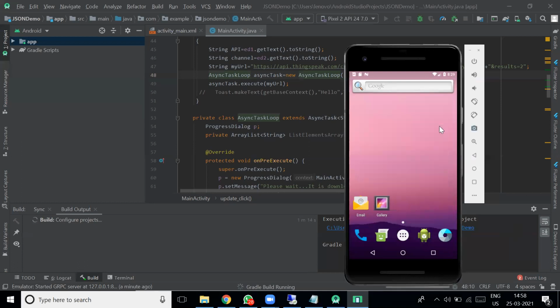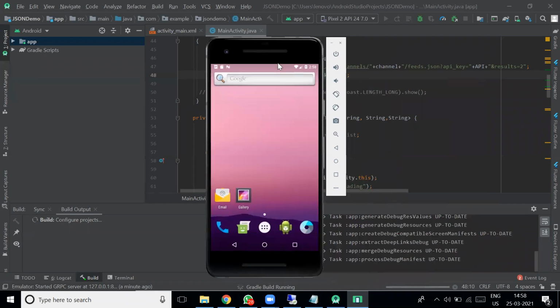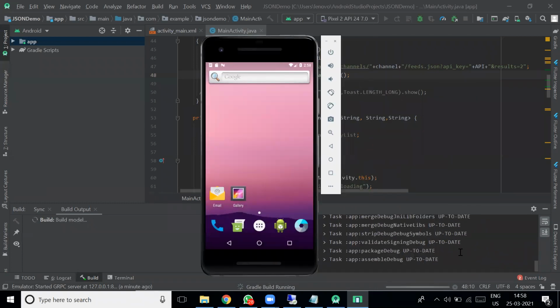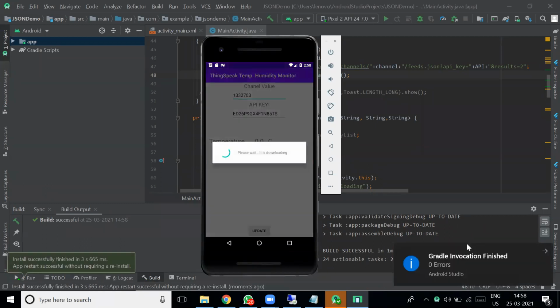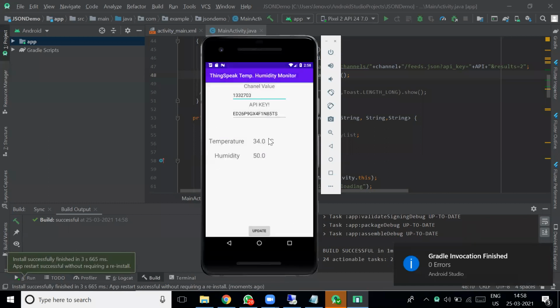So wait a moment, it will display. So temperature is 34 degrees Celsius and the humidity is 50. If you want the latest value, you just press the update button. It will then send a request to the ThingSpeak cloud and display the latest value.